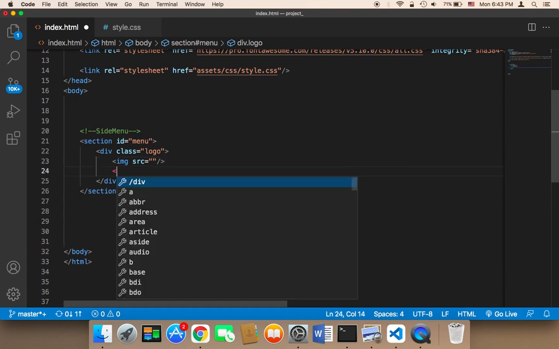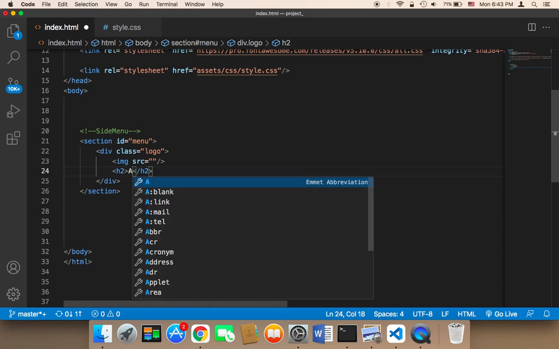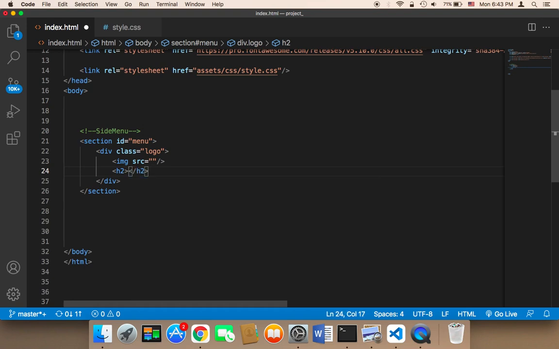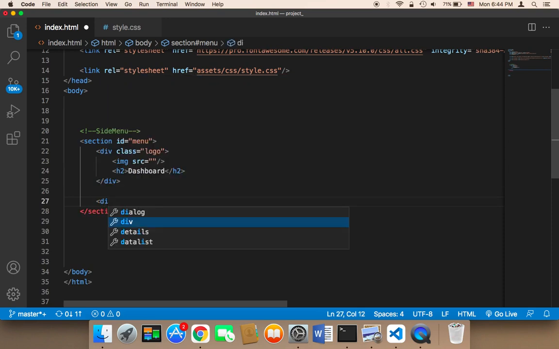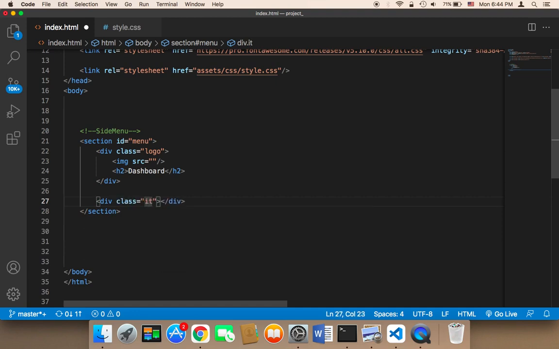Next, I'm going to display here the name of the business or template. Let's say here admin or dashboard. Let's just keep it simple. I'm going to say dashboard, and then we just need to close this div. Next, below this div, I'm going to display the menu itself, the items that we need to display on the menu. So I'm going to say here div, and I'm going to give this div also a class. I'm going to say class items, and then inside that, I'm going to say li,